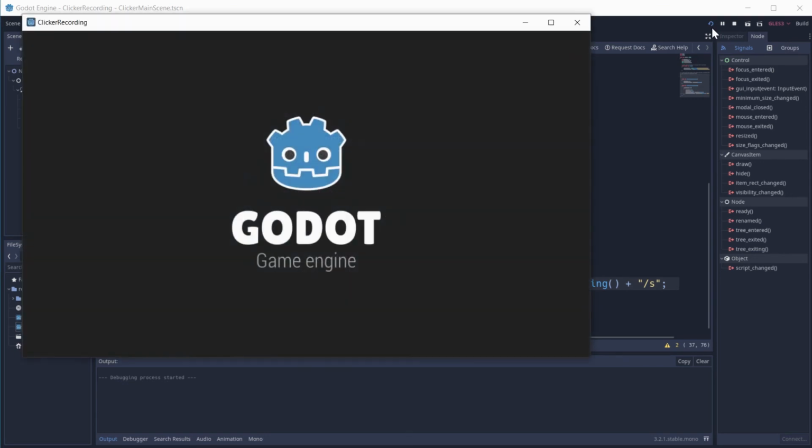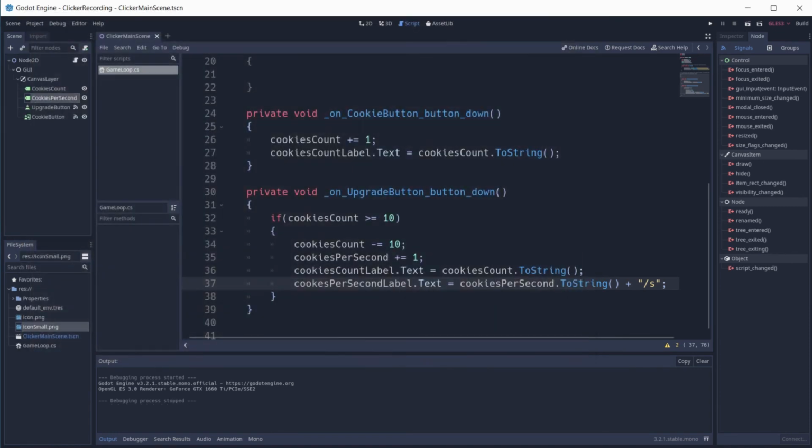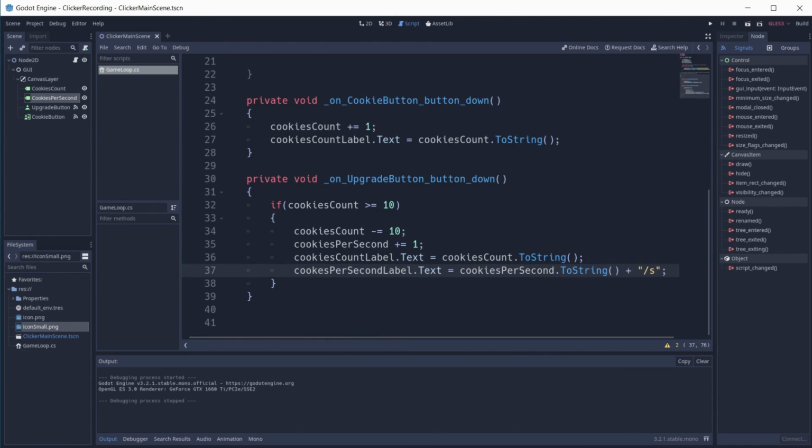Good, now if we have 10 cookies and we press the button, it should show that we have 1 cookie per second. But it is just that, a text on the screen. We need to implement some kind of system to add cookies every second. To do that, add a new node called Timer.